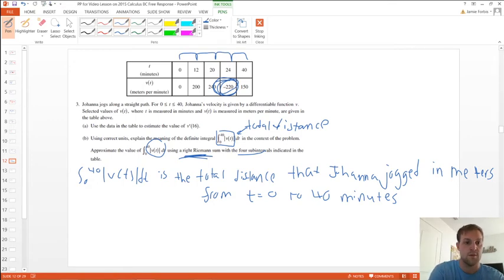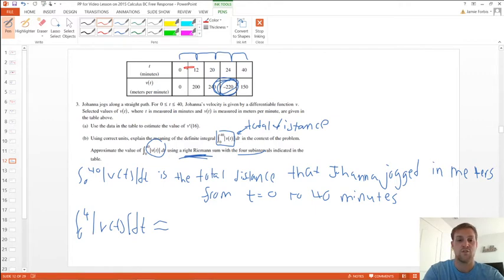So let's see kind of what's going on here. Okay, so this is going to be the integral 0 to 40 absolute value of v of t dt is approximately equal to. So if I have 4 rectangles, I'm going to have 4 products here. And the first one, the rectangle is a length 0 to 12. So I'm going to have 12 times, and then since it's right Riemann sum, we're going to do the right value. So that's going to be 12 times 200